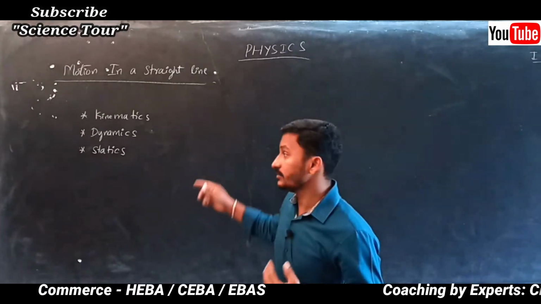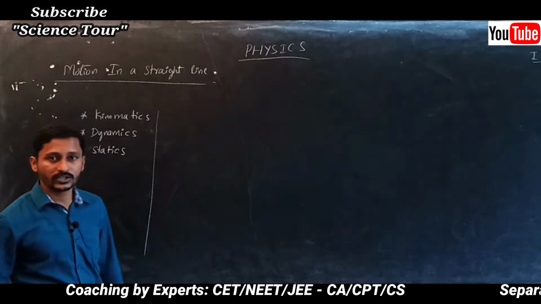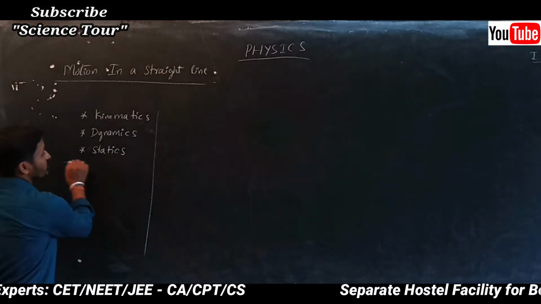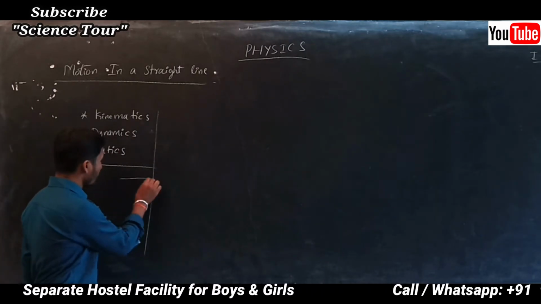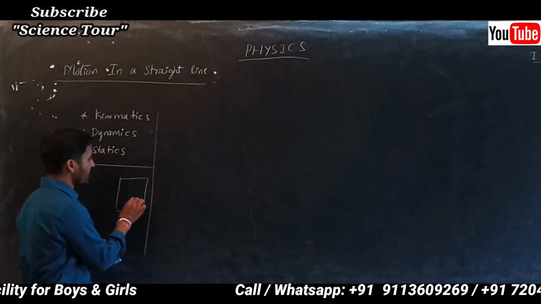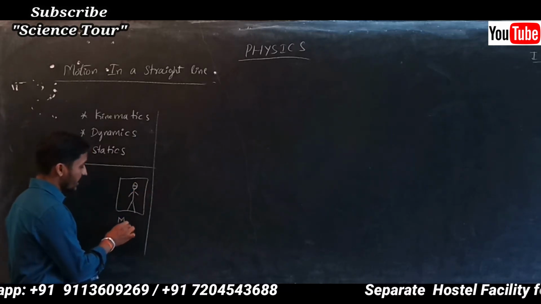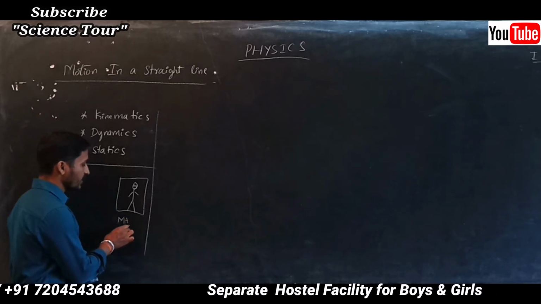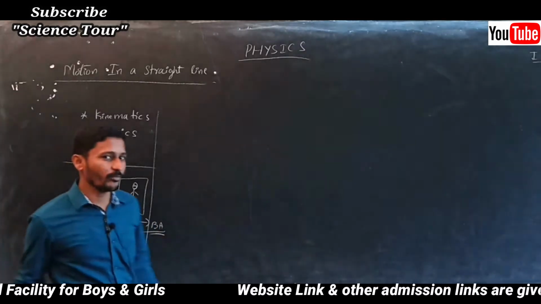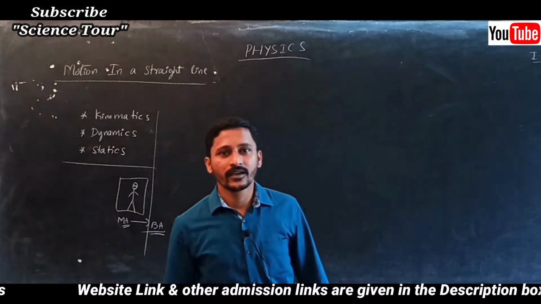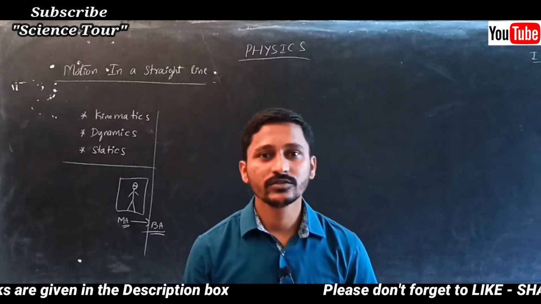With respect to time the position is changed, that's why we are writing the change in the position of the object with respect to time, and also with respect to surrounding. Now imagine I have put you in a cage or in a box in such a way that you can't see outside. You are moving and I am going to take you from Mangalore to Bangalore. After that I will open the box. Now can you make out from which city to which city you have moved?